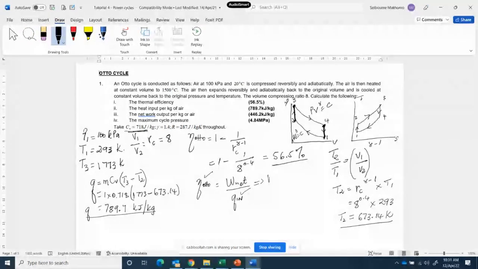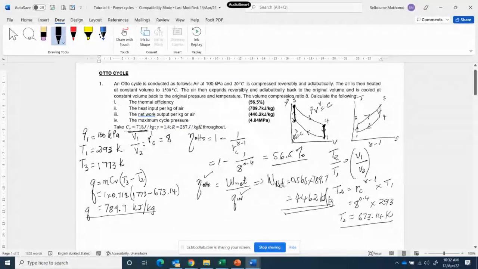Work net is going to be 0.565 by 789.7. The answer is 446.2 kilojoules per kilogram. So this is our work net. And the last one